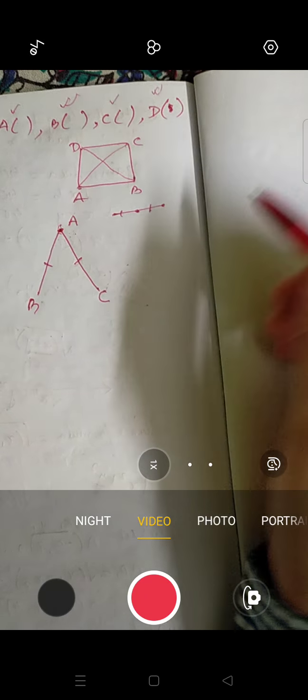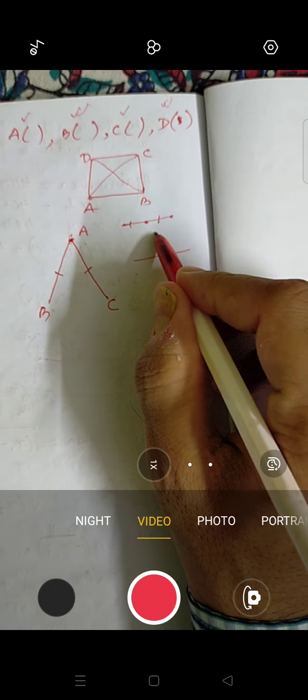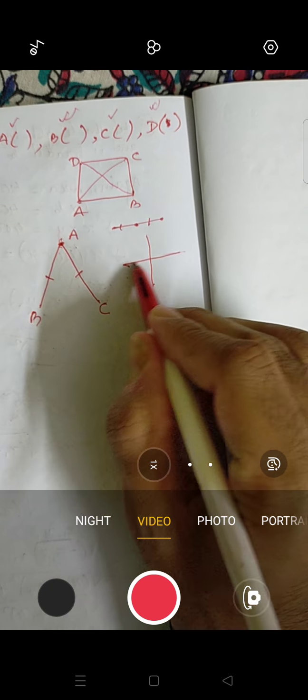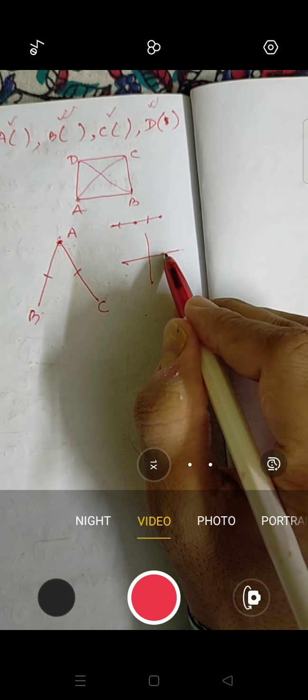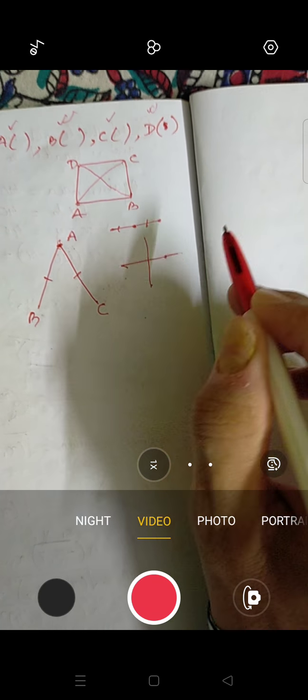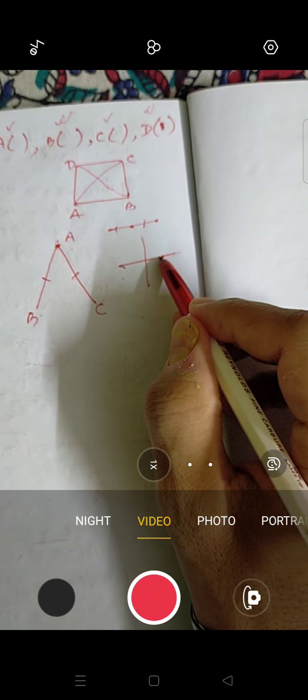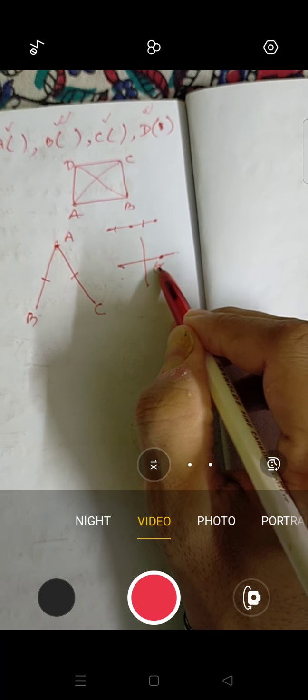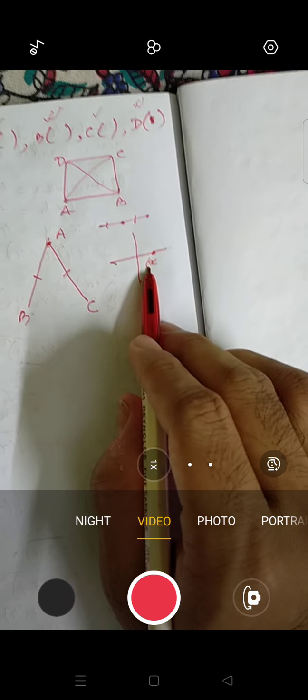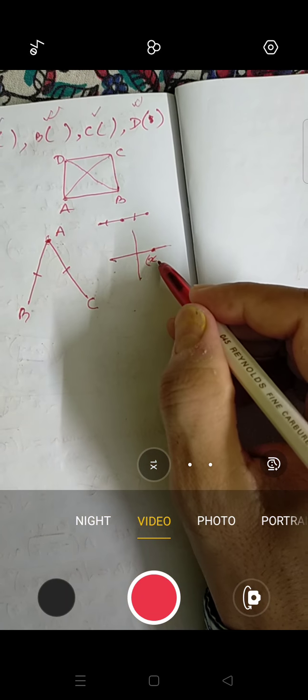In the question it is said to find the point on the x-axis. This is the x-axis, this is the y-axis. If you have a point on the x-axis, that means somewhere on the x-axis you have one point. Just as an example, this is the point. The value of x will be something, and y will be 0. Is it clear?